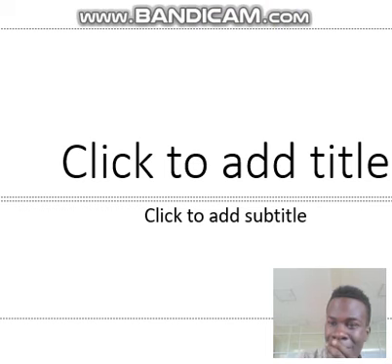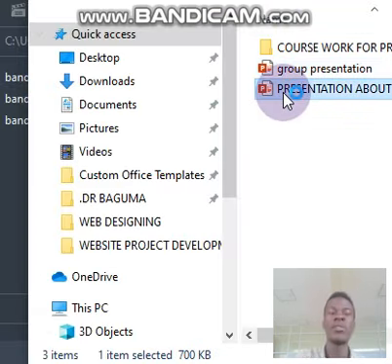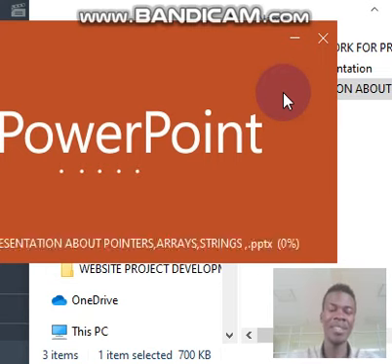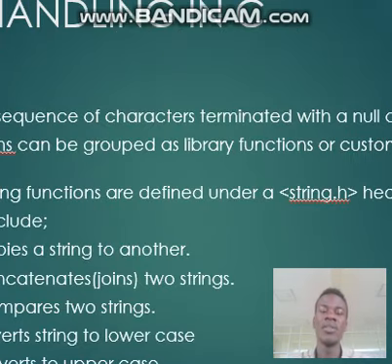So, as you had said, these strings are terminated with a null character. We include the string function, which is string.h in the header file. So, as you can see, we